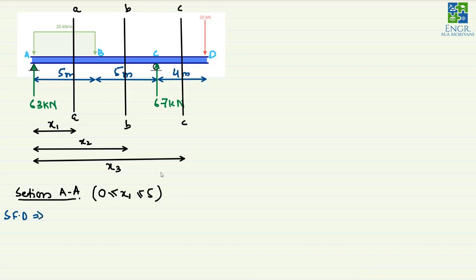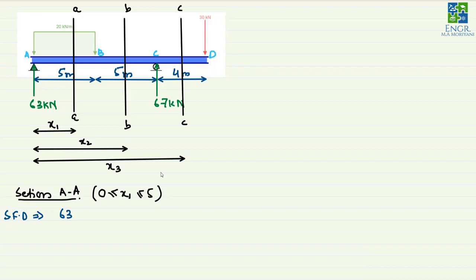equation. If we consider all the forces which are to the left of that particular section, we can see that there is one concentrated force which is 63 kilonewton. So we will write 63, which is in the upward direction, and we know from the sign convention that upward direction forces to the left of the section are considered to generate positive shear. So this will be positive 63, and then we have to consider this much amount of force.